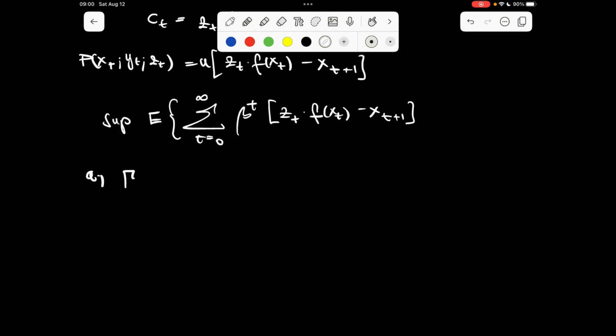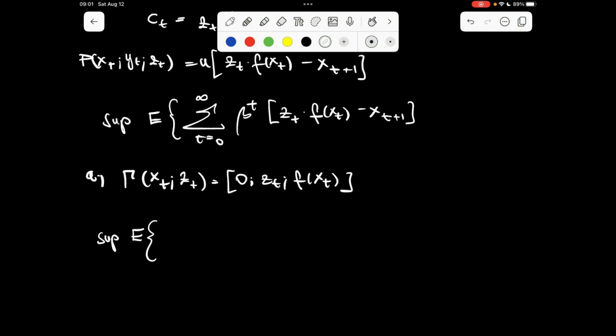First of all, we need to find the feasibility set, the correspondence gamma. It's easy because next period's capital stock cannot be lower than 0, and it cannot be higher than total output in period t. So this is the feasibility set. So using this feasibility set,